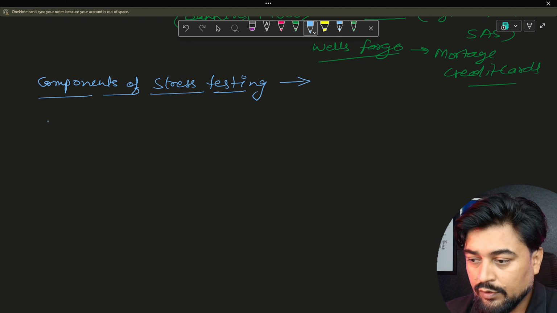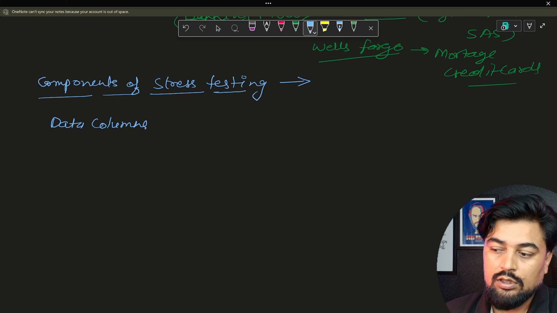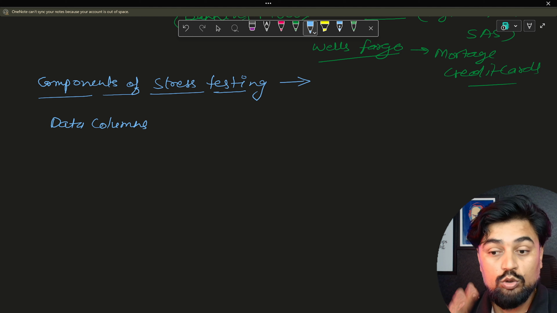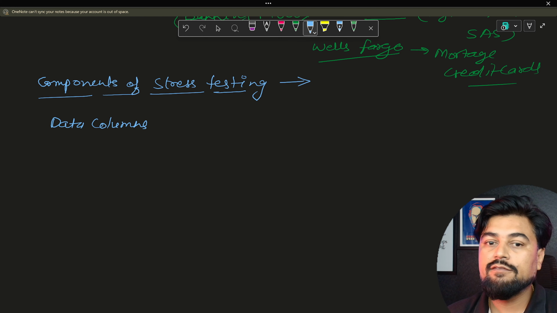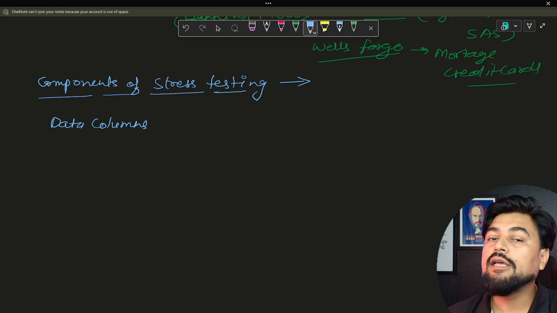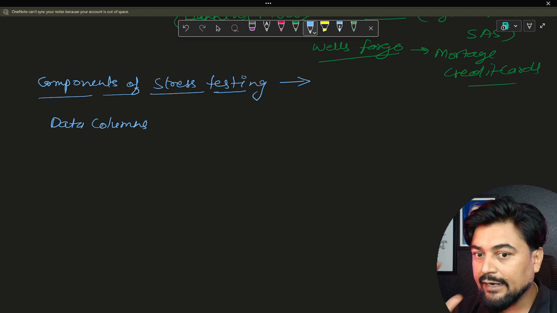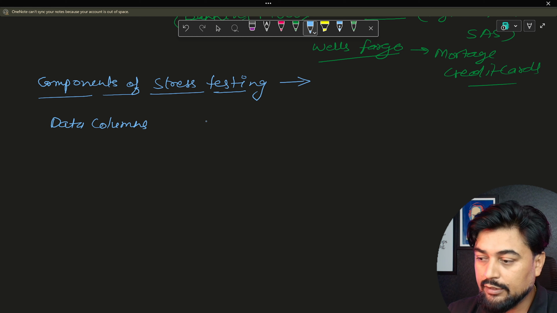Like, let's say, what are the columns that need to be used? Data columns. So I will tell you step by step, guys, and please note all this and make notes of this. I'm 110% sure, because these are all industry-driven things which I'm teaching you after my more than 12 years of experience in credit risk. All these things are getting done in companies. Okay, so data columns which are needed, then you have the